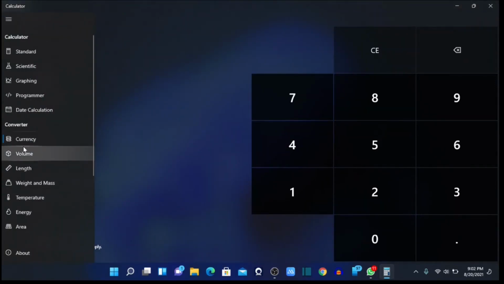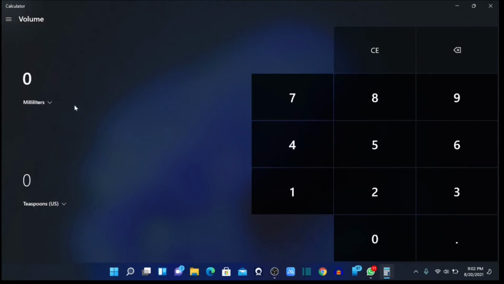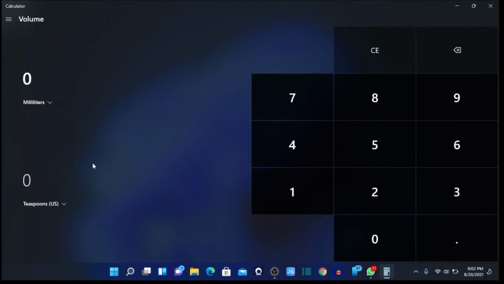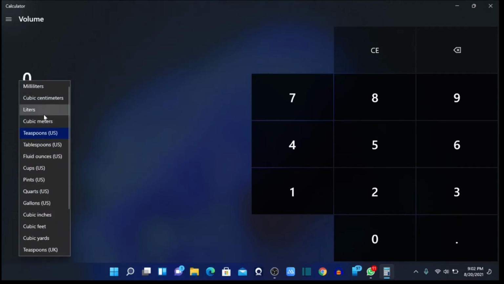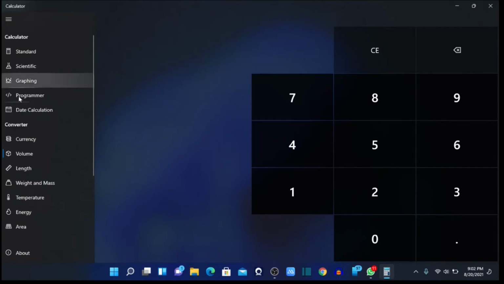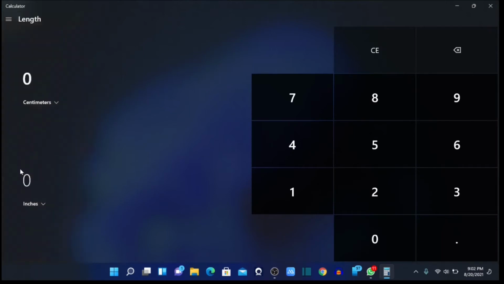I also can work on volume. I have milliliters. I can convert teaspoons, I can convert tablespoons and all that. I can convert milliliters to different centimeters. I can do so much with this calculator. I can also do length.